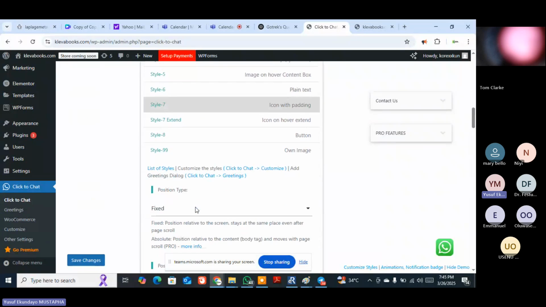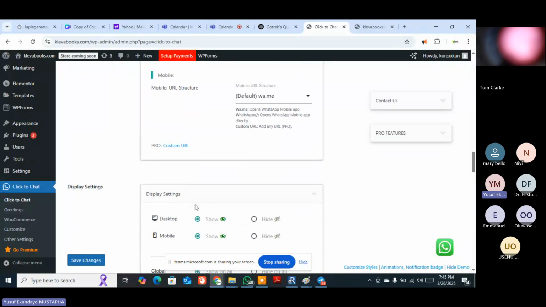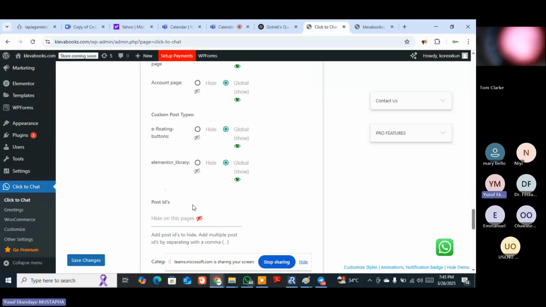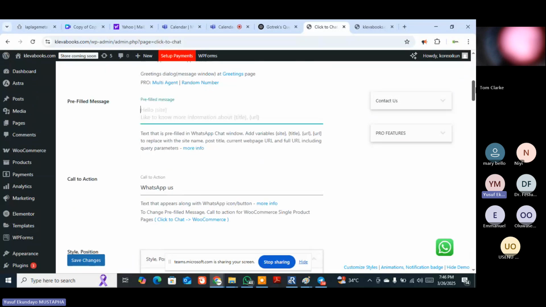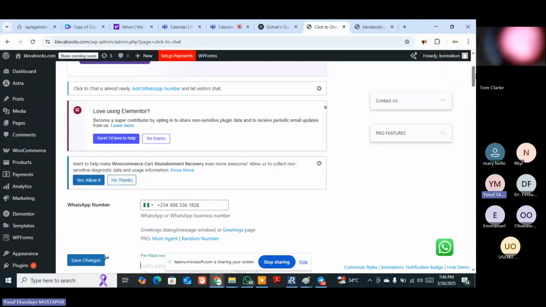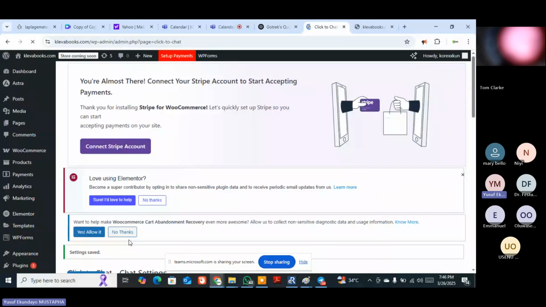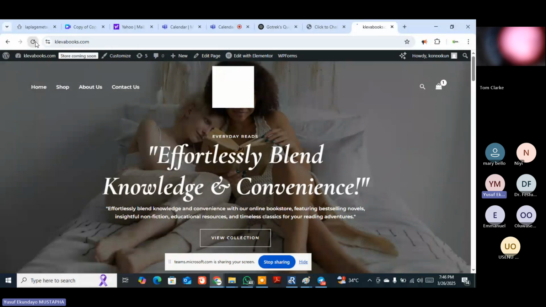Okay, so that's it really. There's nothing else that you really need to add or change. You can tinker with it and see if there's anything that you might want to change, or just play with it and see what it can actually do. But as I said, the only thing you really need to do is to put in your number. Once your number is there, you just say save changes. Save changes. So once that is done, if I come back to my website now and I refresh,